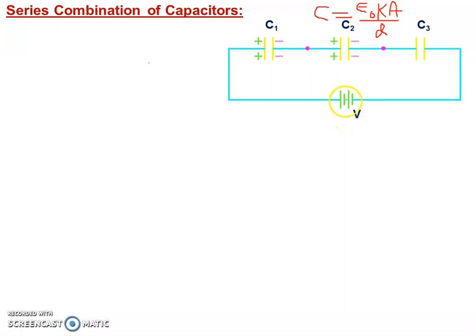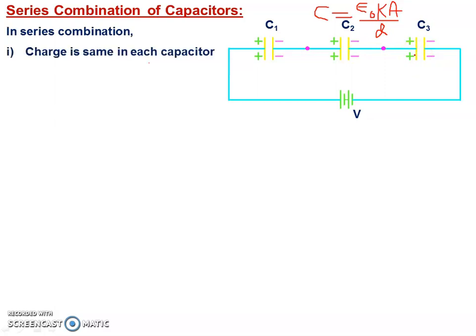Now connect with the battery, right? The battery supplies the electrons to the circuit and hence the current flows, right? It means if electrons are flowing from negative to positive, then charge is flowing from positive to negative, right? So in all the capacitors in series combination, the charge is the same. Second thing, if charge Q flows through C1, there should be a potential drop. C equal to Q by V, right?